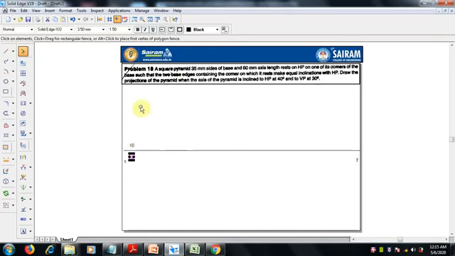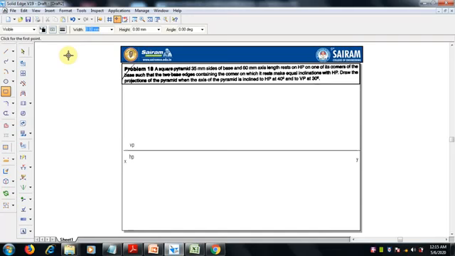Now we have to draw the square pyramid. So for the square, select a rectangle command, and line thickness continuous line 0.5 mm, with 35 and 35 as the width and height, since it's a square. We have to keep it on HP.